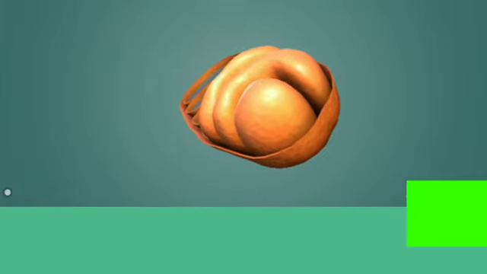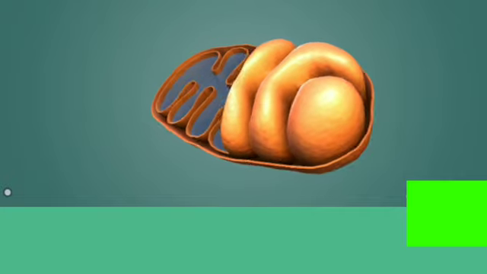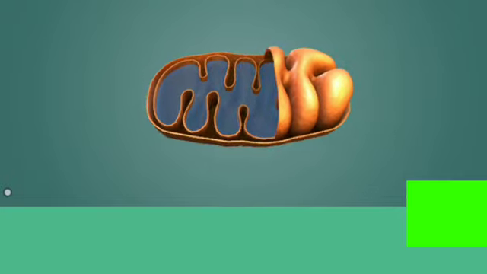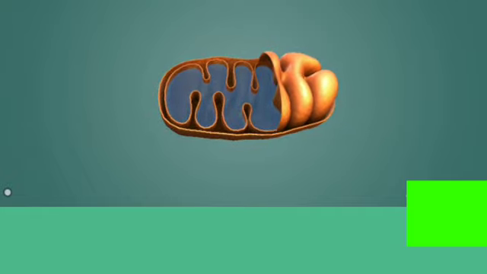Both plant and animal cells contain mitochondria. These are often considered the cell's power station. They produce a large amount of ATP by breaking down organic